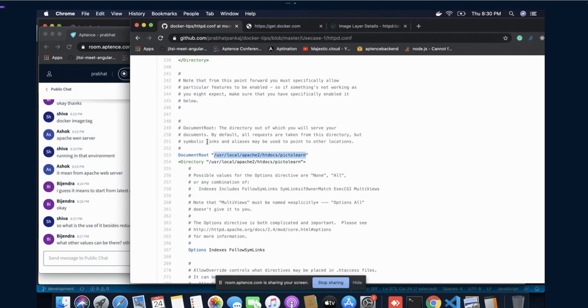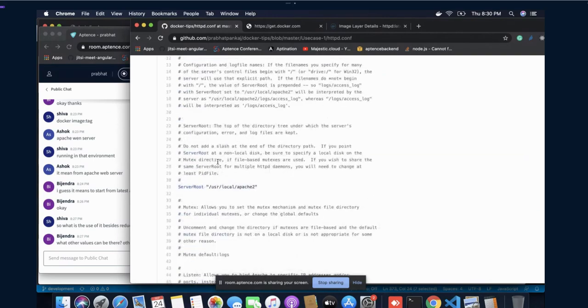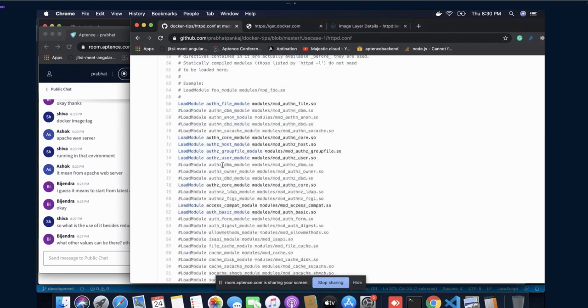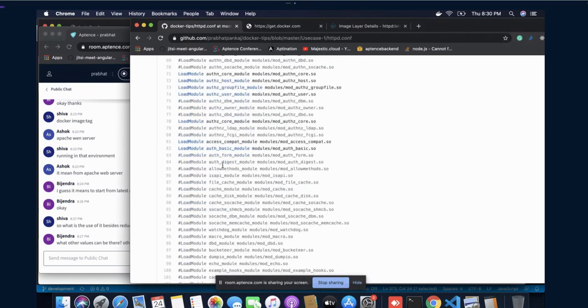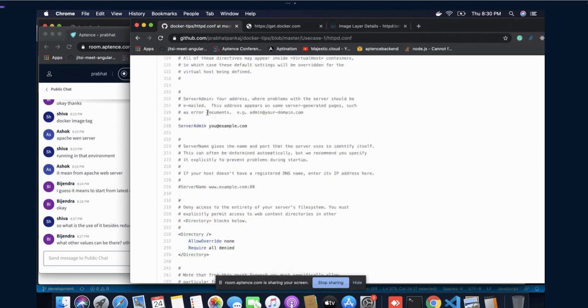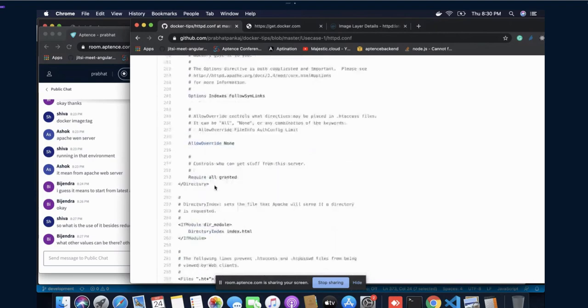So for now, I have already done it for you. This is what you will have to configure. See, the uncommented lines are what you will have to look into. Even if you don't understand how it works now, you simply have to update a few things and it will work. Few things include, for example, you may have to put ServerAdmin, Require all denied, Directory.